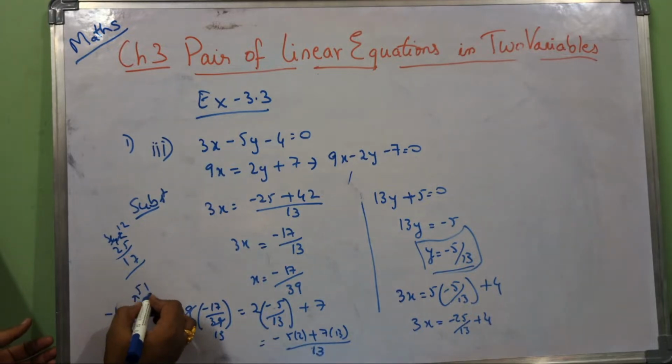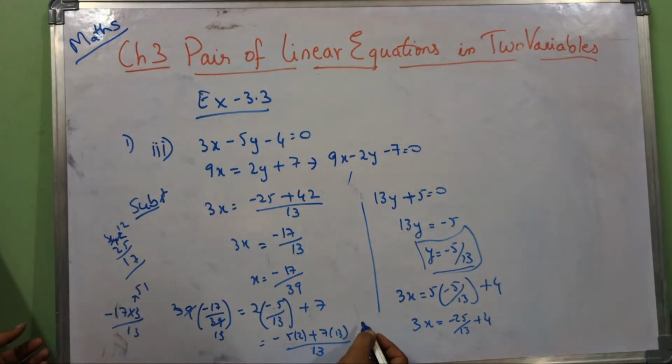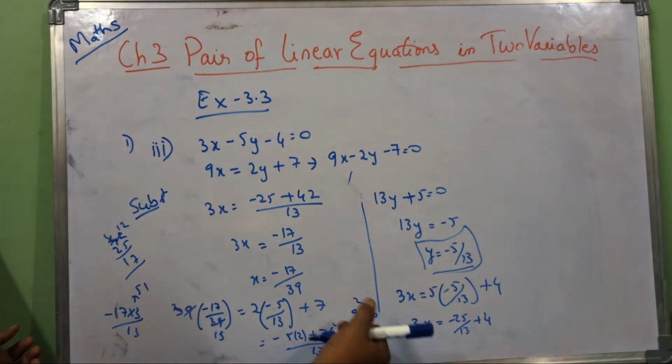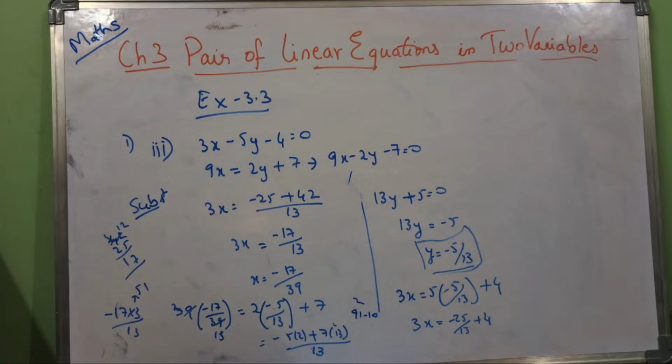And 3 is 51. So this is 21. So it's 91 minus 10. Somewhere I made a mistake. Let's cross check where we made it. x minus 2 minus 7. So 3x equal to